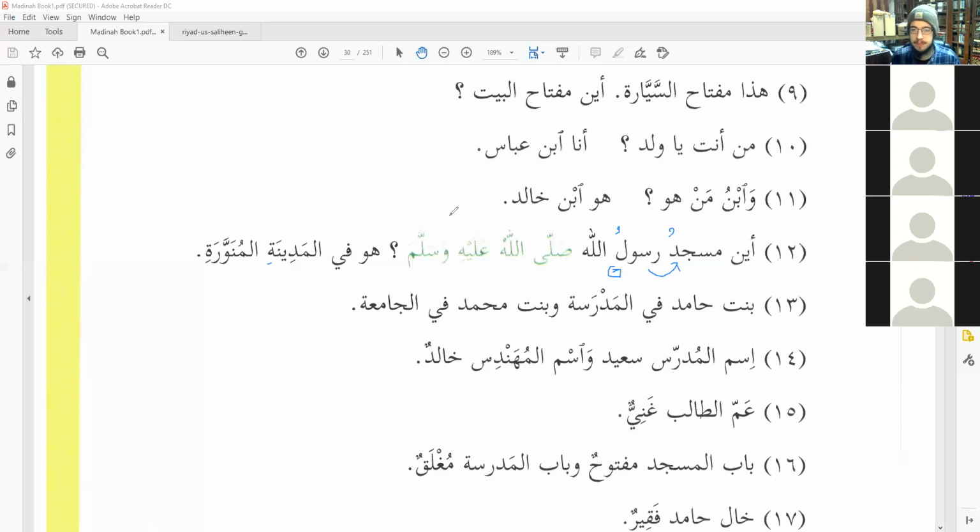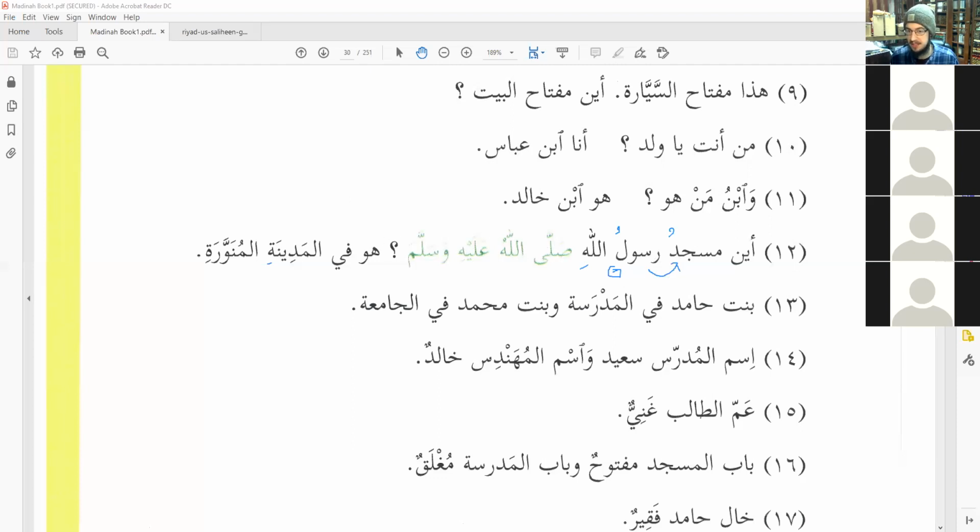I don't know the technical word, but Rasul and Allah, that's already a possessive construction. And then Masjid of the Rasul, that's another possessive construction. And so what you told us is that we put the Dhamma on the first word and then everything that follows is Kasra. So, this Allah says the relationship between Masjid and Rasul is not